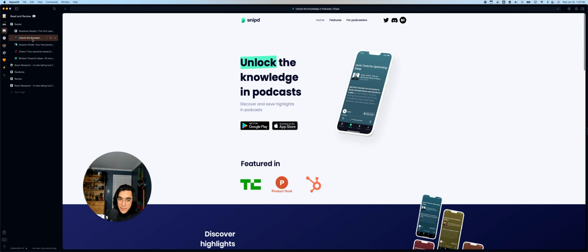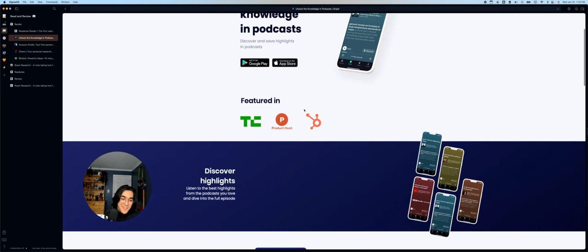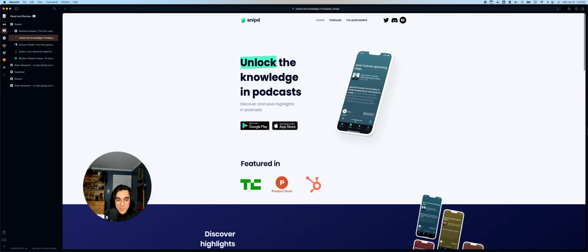Cool. Next up, because there's no value in just engaging with content for fun. No. We have to extract every drop of knowledge all the time. And for that, I use SnipD when I'm listening to podcasts. SnipD also generates transcripts, and you can just highlight the transcripts as you're listening instead of whipping out your notes app and furiously typing instead of listening anymore. SnipD does that. It's on Android, iOS, all of that stuff.